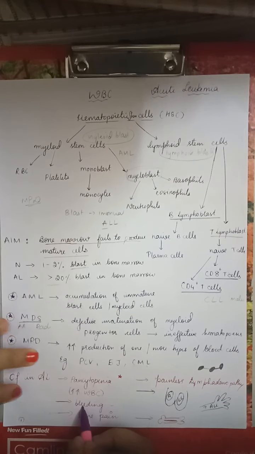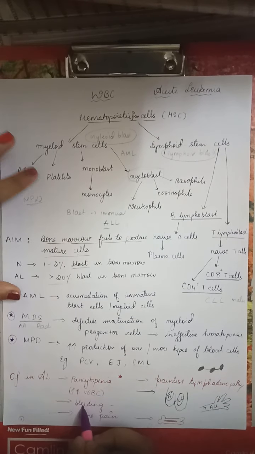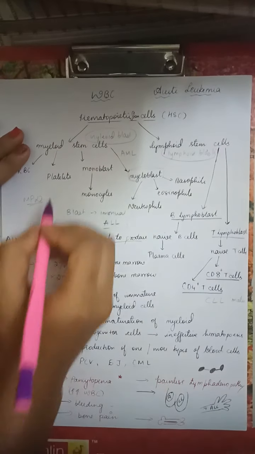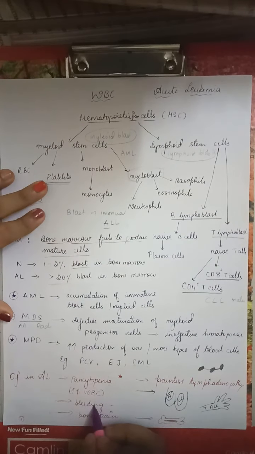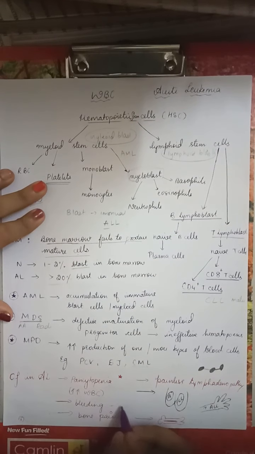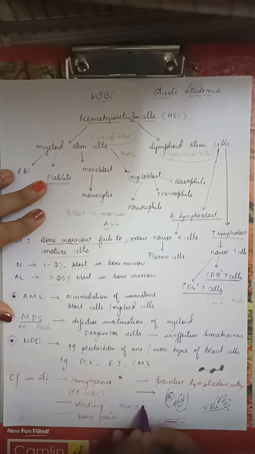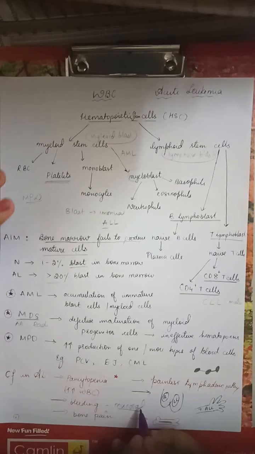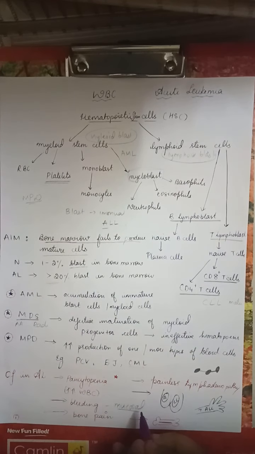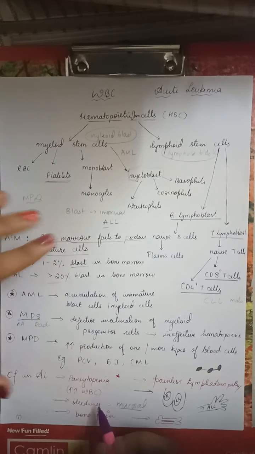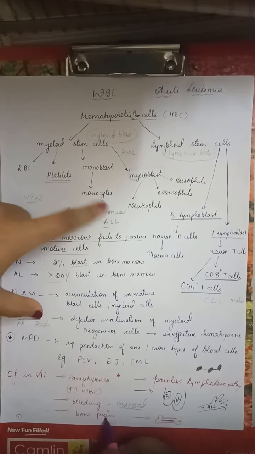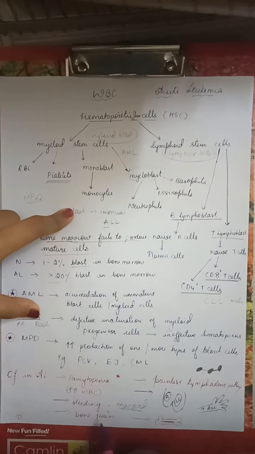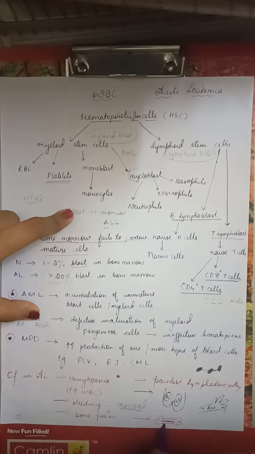There will be bleeding because the platelets are immature. Totally, there is an actual decrease in platelets, therefore it can cause bleeding. And remember, here it is mucosal bleeding. When coagulating factors are defective, it leads to deep bleeding, but in this it forms mucosal bleeding. And there will be bone pain because these immature cells go and sit in our bone and cause bone pain.